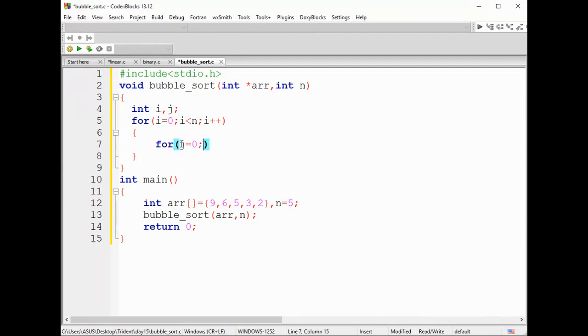The j loop is going to start with 0 and execute till n minus i. N minus i in the sense that the first iteration goes n times, the next iteration n minus 1 times, and the next iteration n minus 2 times. The reason is that the last data keeps getting arranged in order. It is not required to go to n times each and every time. You can go to n minus 1 time, and your j loop range is going to decrement.